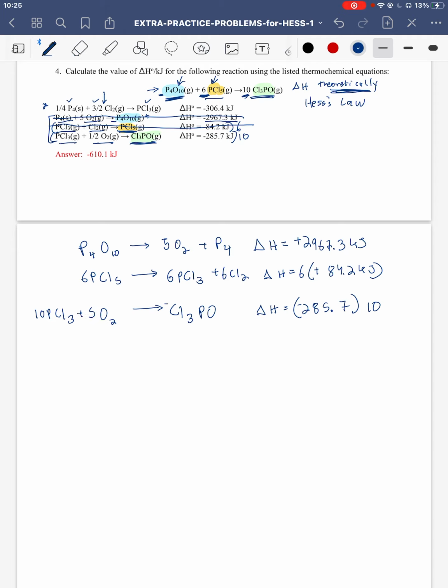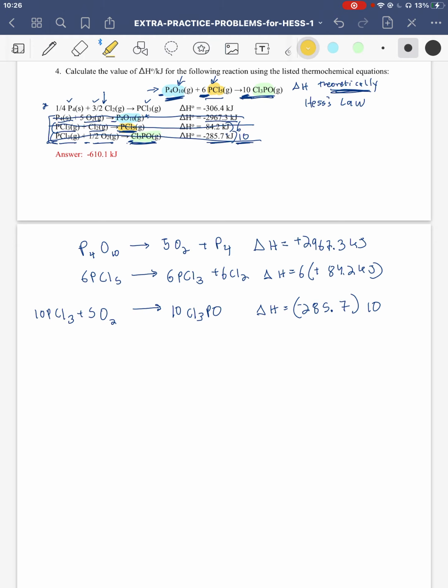So 5 O2, 10. Sorry, I'll go over that again in just a moment. 10 Cl3PO. Okay, so I multiplied by 10 in order to get that coefficient I wanted. So now 1/2 times 10 is 5, and I multiply my enthalpy change. No flipped signs, this went in the same direction. All right, so